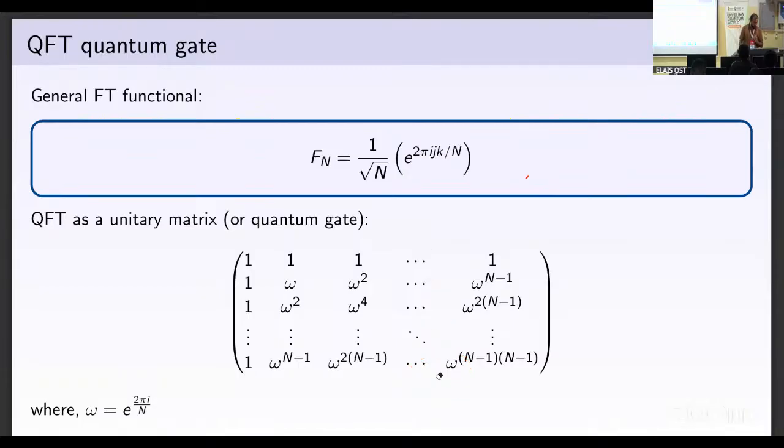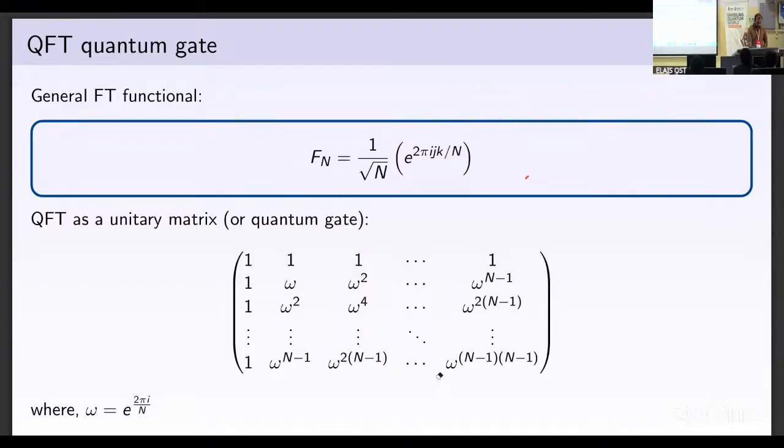So this is the general structure of any Fourier transform function. It's 1 over root n and exponential of 2 pi i j k. As you know, any quantum gate can be written as a unitary matrix. So the quantum Fourier transform can also be written as a unitary matrix. And the trick to construct a matrix corresponding to a quantum gate is you